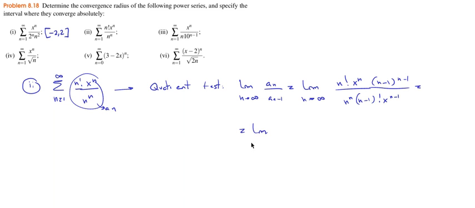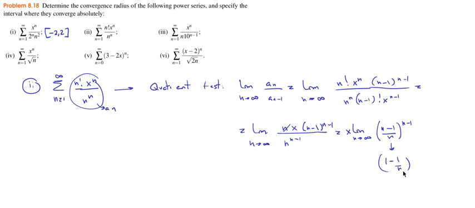And so this is the limit when n goes to infinity of n times x divided by n to the n, and here we have n to the n, to the n minus 1. So we subtract this, and we have x times the limit when n goes to infinity of n minus 1 over n to the n minus 1. If you compute this, this is 1 minus 1 over n, so this thing is 1 over e. So this is x divided by e. This has to be smaller than 1. So the series is convergent